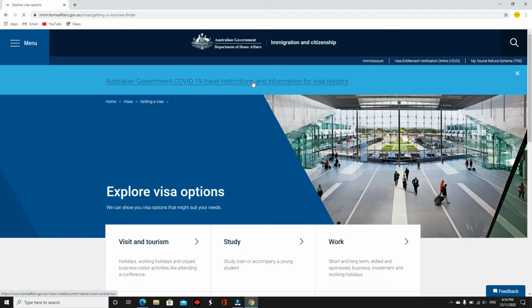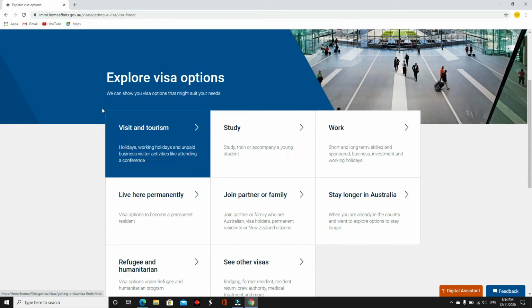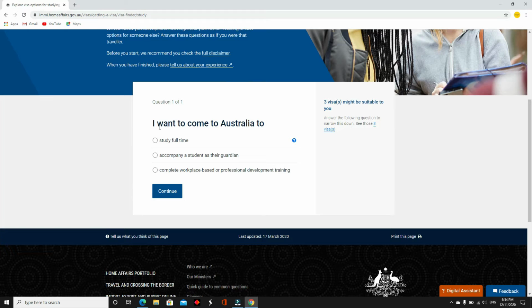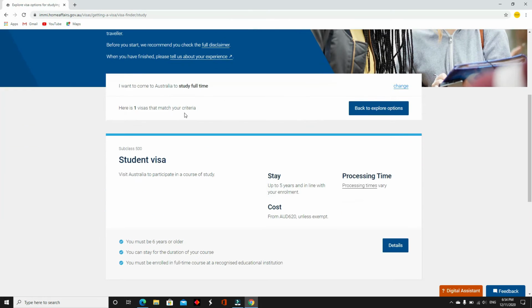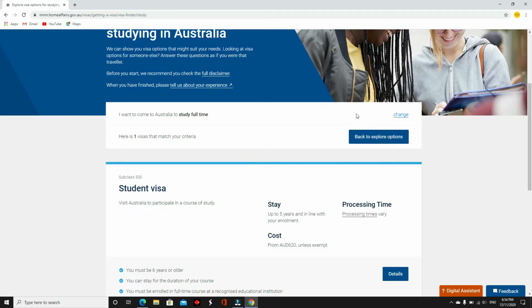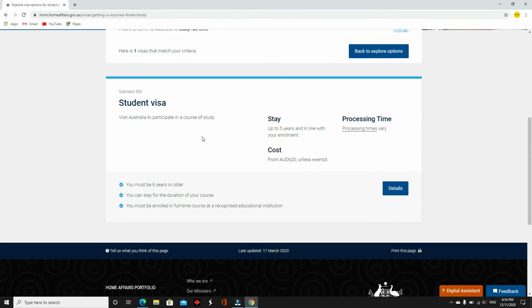If you would like, especially all these students who want to come over and study in Australia, this is where you have to go. You have to go to this, and then you come to this. I want to come to Australia to study full time, and you just continue. And then these are pretty explanatory. It's very self-explanatory. It's very easy to understand. Go through, make yourself comfortable with this website, familiarize yourself. So yeah, this is the student visa, subclass 500, which will allow you to visit Australia and